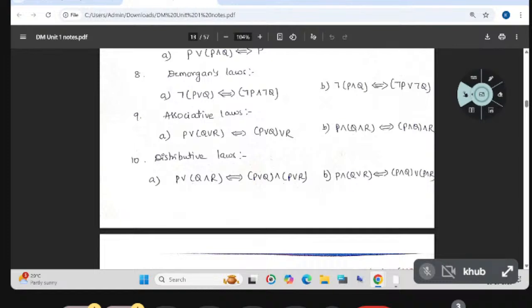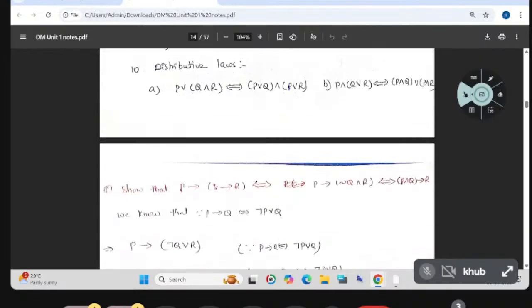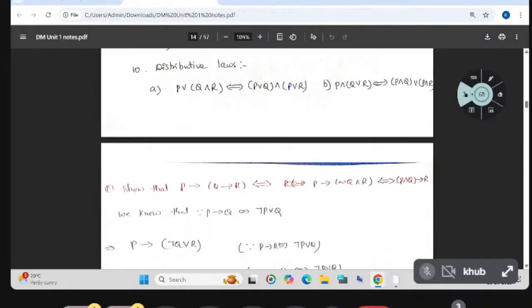Associative law, P or Q or R is equal to, that is implies P or Q or R, and P and Q and R implies P and Q and R. Okay. So this associative law, distributive law, De Morgan's law and top one. Okay, four laws you try to remember. So distributive law is P or Q and R is equal to, that is implies P or Q and P or R. P and Q or R implies P and Q or P and R. Okay,